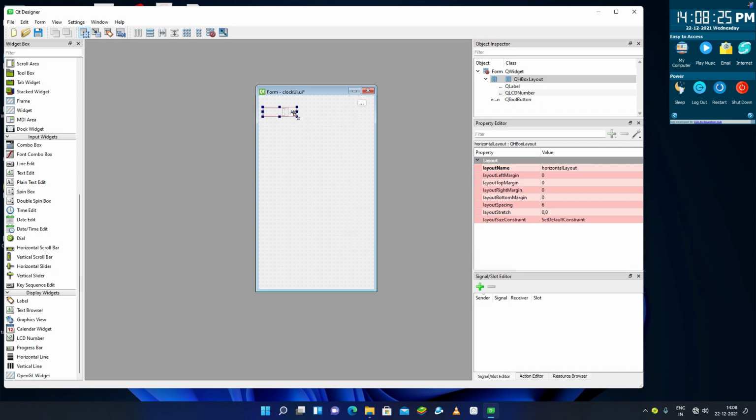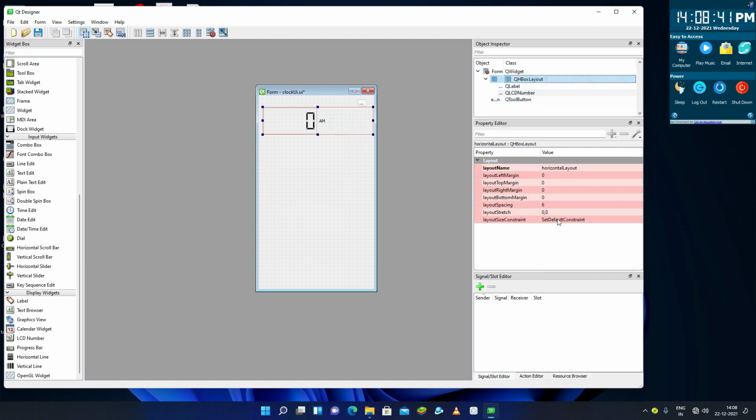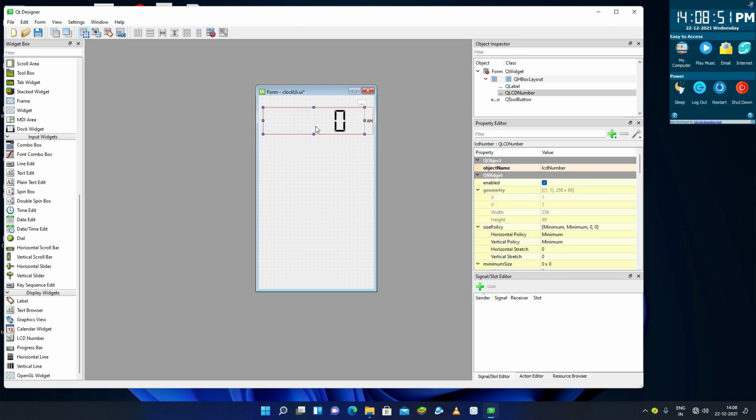So it will be horizontal layouted. And now as you can see, the time is showing out in the 3/4 of this horizontal layout. So I will change here under the horizontal box layout. I will come here and change the layout stretch to 1 and 0. Okay, so now it is like this.